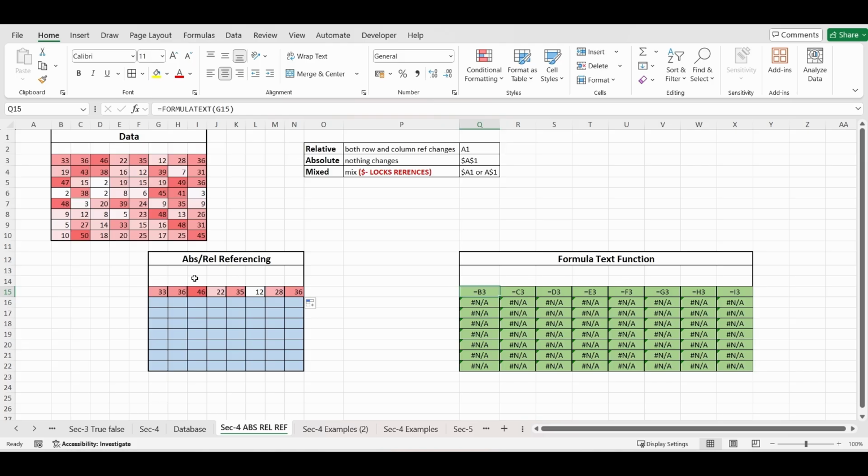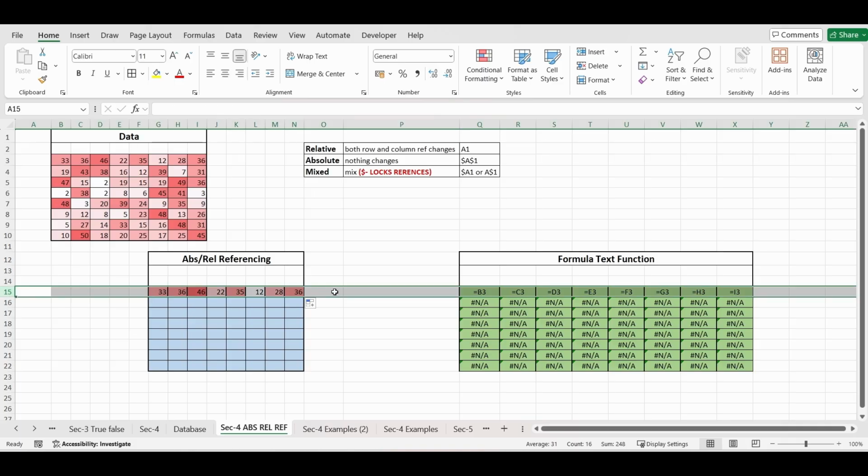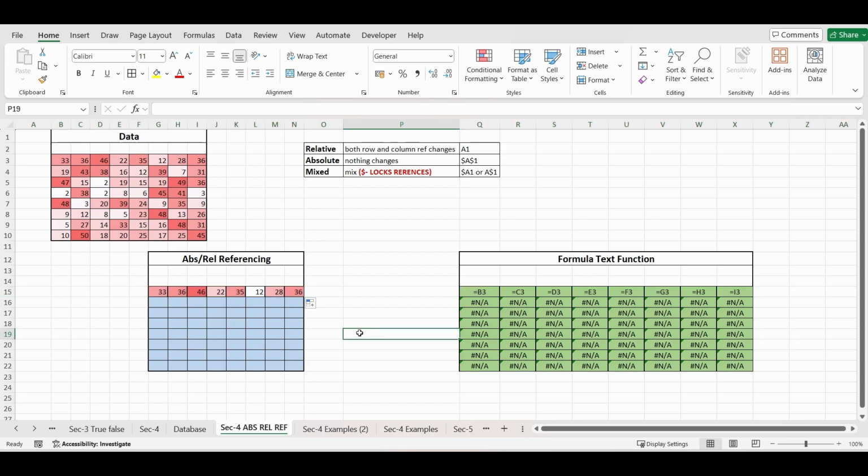As you move from column to column, the column it's referencing in the formula also gets incremented. So from B it gets to C, D, E, F, G, H and so on. But the row number stays the same. Why? Because all these formulas are in the same row. So that's why the row number doesn't change, but the column letter gets incremented.